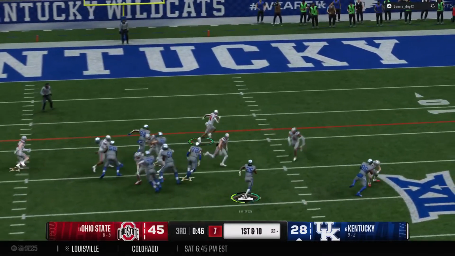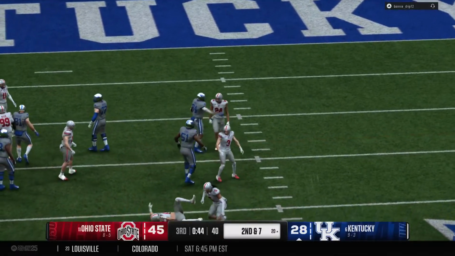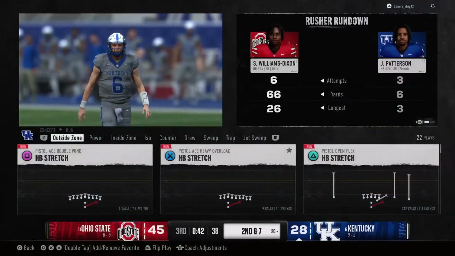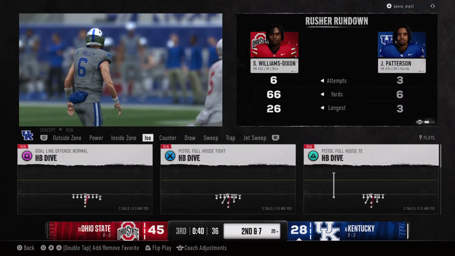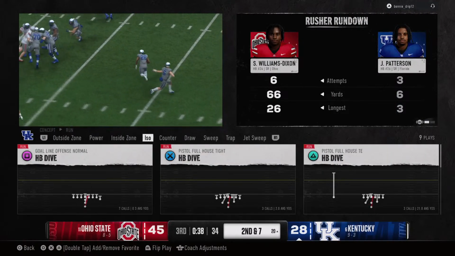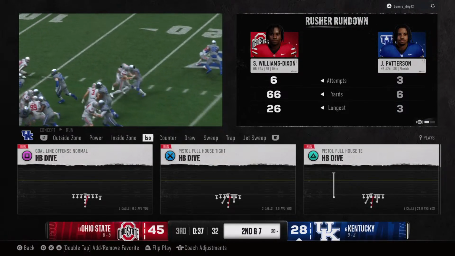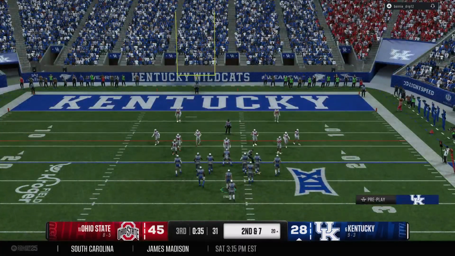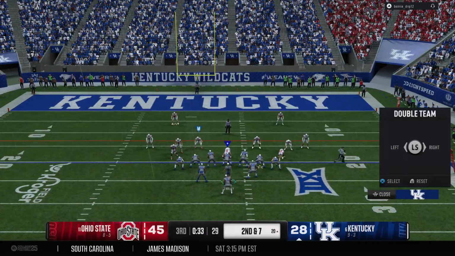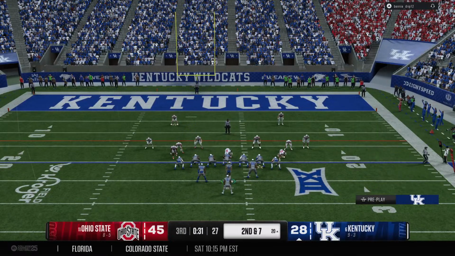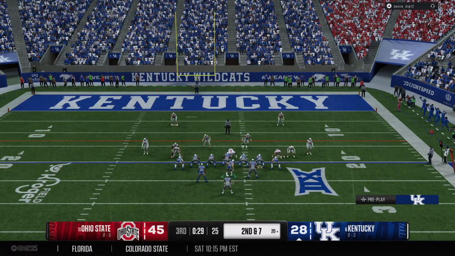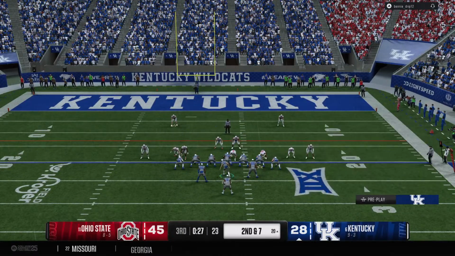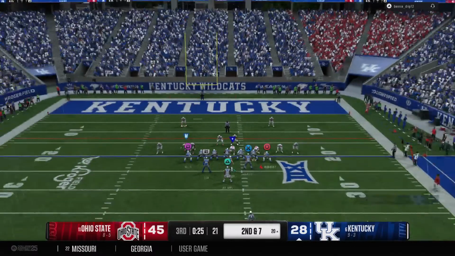Takes the handoff, heads to the right. The gain is 3. Now it's second down and 7. You know, in the era that we live in right now, everybody wants to spread the field around, try to create space, try to create one-on-one matchups, and the defense has countered over the years by trying to play out wide. But here's a great example of a defense that has the ability to play wide, but still be solid at the line of scrimmage and not give up big run plays.